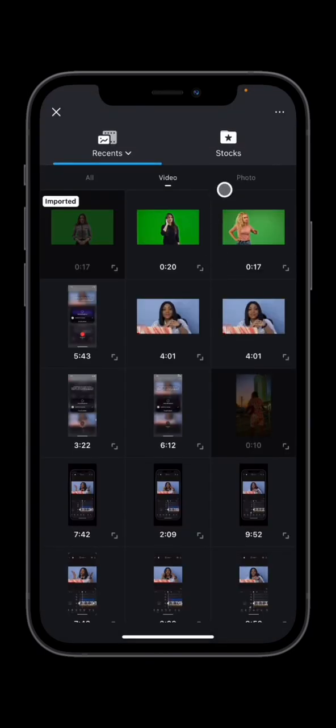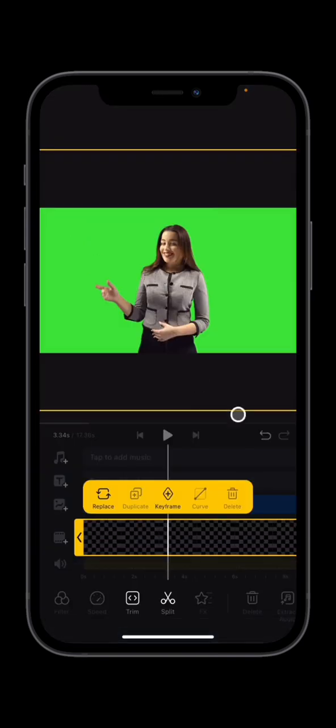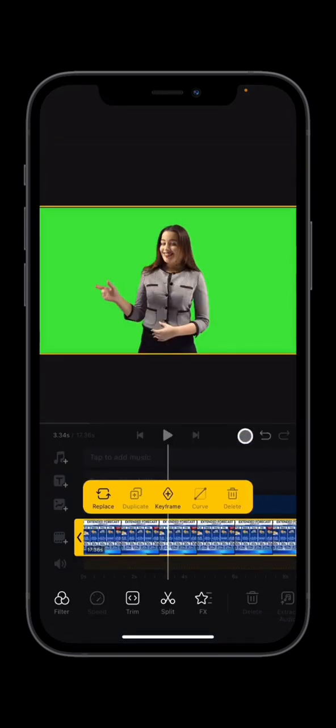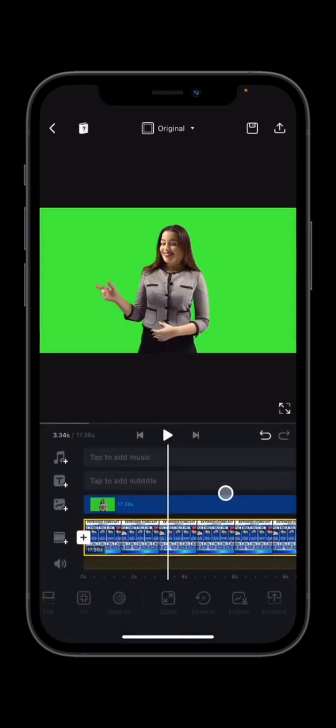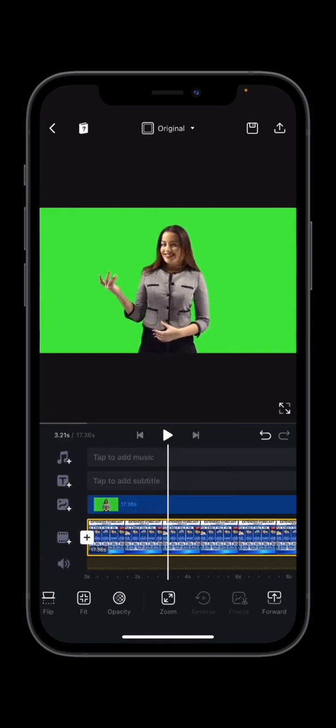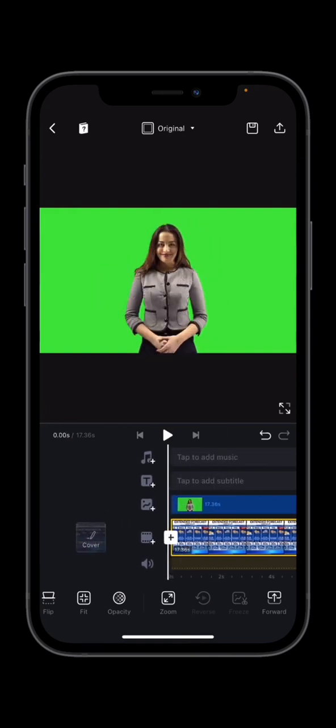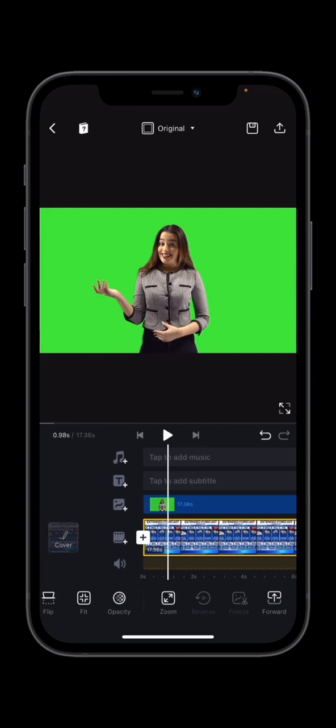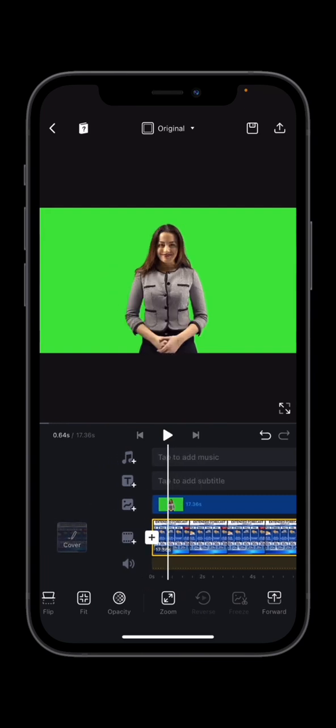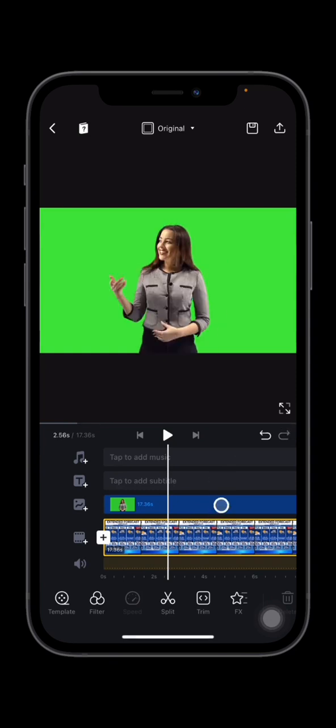I replace it with a picture, and this is the picture I replaced. This is like a weather forecast. So what I'm trying to do is that, as you can see, she's pointing, so it feels like she's trying to explain something on her screen, probably like a weather newscaster or something. I don't know. Okay, so when I tap on the